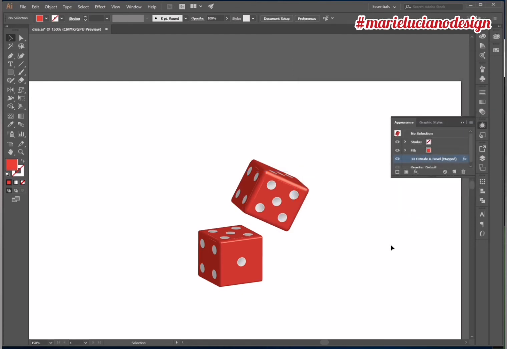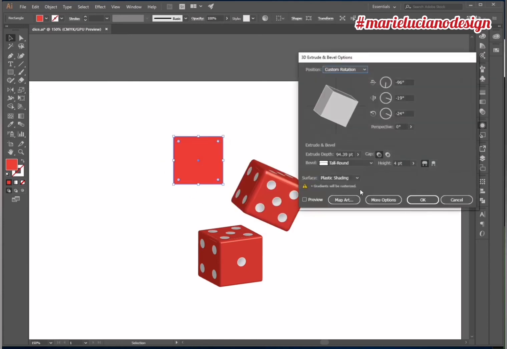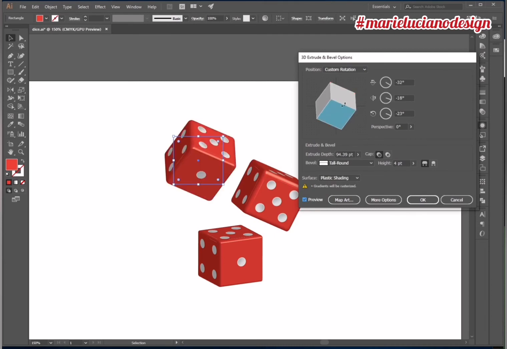And as soon as I'm satisfied, I'm going to click OK to close the 3D panel. And then I'm going to drag while holding Alt to create a third copy. And through the Appearance panel again, I'm going to open the 3D panel and play around with the position of this third cube